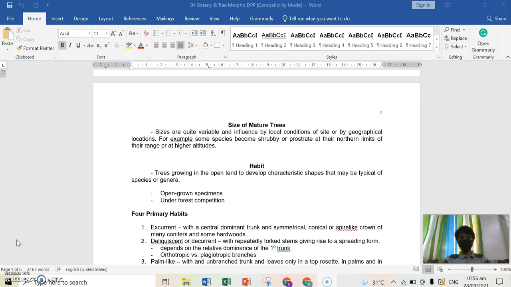In dendrology, we also consider trees growing in the open, which tend to develop characteristic shapes that may be typical of species or genera. So in what we call habit, there are pioneer tree species that grow well in open areas like grassland, and their crowns look oval or circular, ovate in shape. Since they are in an open area, there is direct exposure to sunlight. Trees tend to produce more branches in order to maximize light exposure. As we discussed, light is very important for plants to do photosynthesis, thus making their own food. Now, there are also tree species that